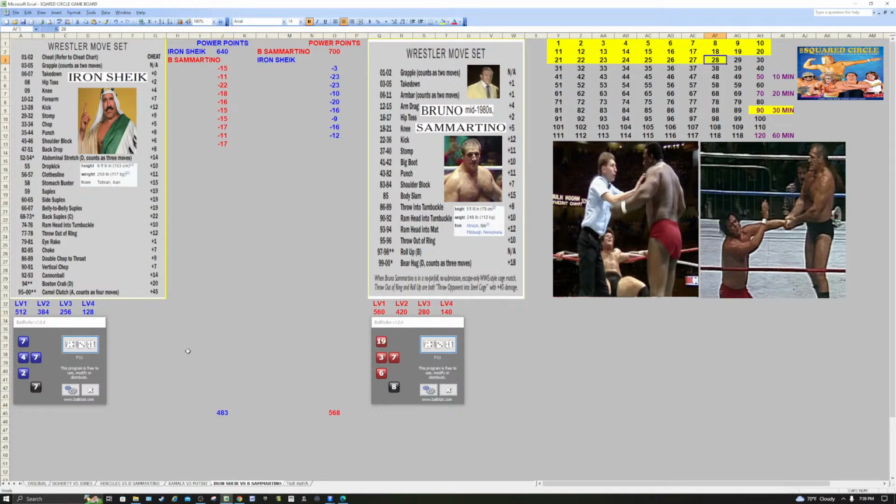The fans at the Civic Center chanting Bruno, Bruno, Bruno, Bruno. But just as they do, the Sheik again makes it to his feet, rakes the eyes. The referee, ooh, we go to the cheat chart. Oh boy, it's the cheat chart for the Iron Sheik. See, we have a 0-1, and we go to the cheat chart. I think the good guys should have a cheat chart too